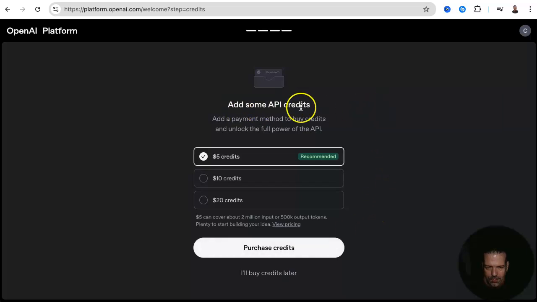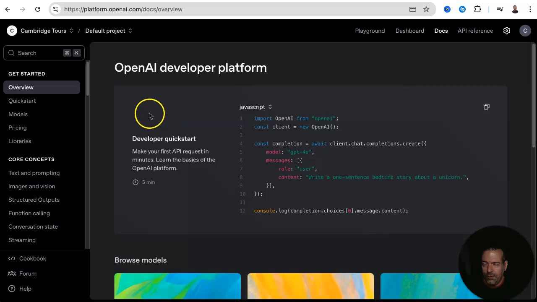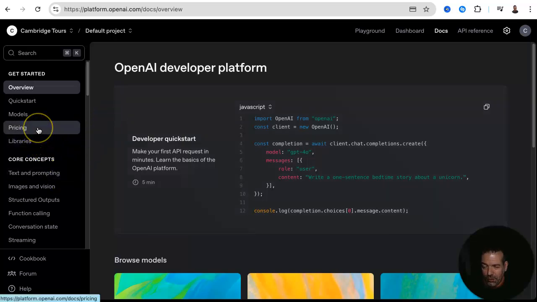So I'm gonna add some API credit, because when you have the chat up and running, the chatbot, it will have to draw some credit. So let's put just $5, and then it should be plenty of credit. So I've just added $5 as API credit, so that my chatbot can then use tokens that will be drawn